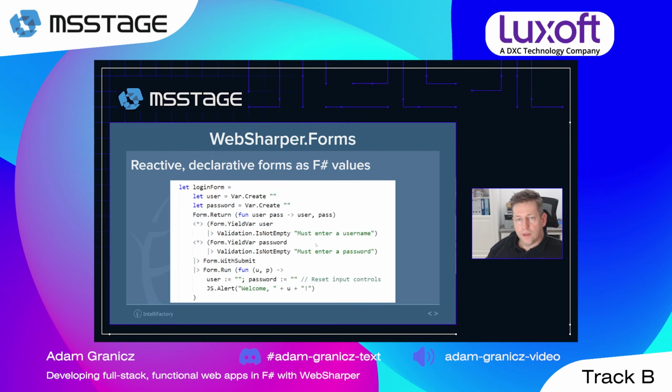All right. Now let's talk about WebSharper forms. This is a fundamentally very powerful idea, and it allows us to declaratively define forms that become F-sharp values, so they can be passed around. So in this case, for example, if you look at this definition, this is the composition operator. So we have different inner parts of our form. We don't know anything about how the form looks like. That's the point here. We abstractly combine